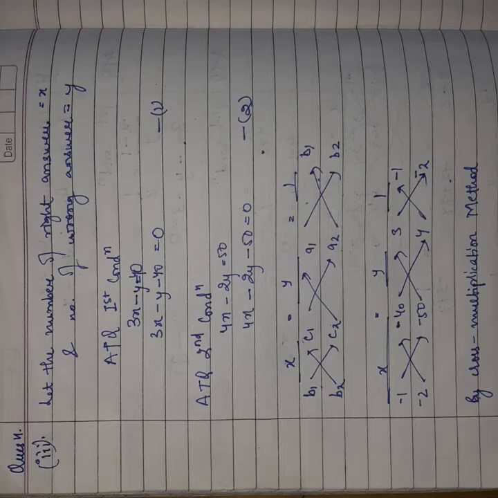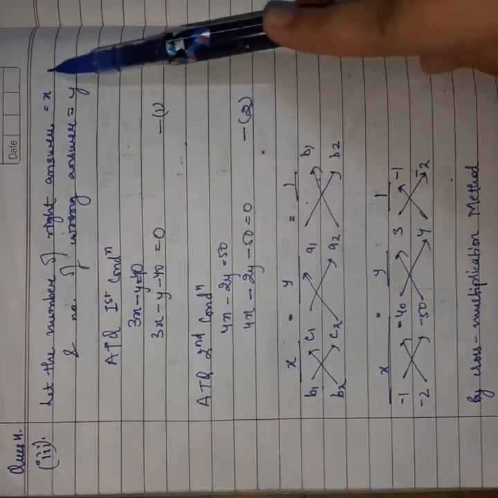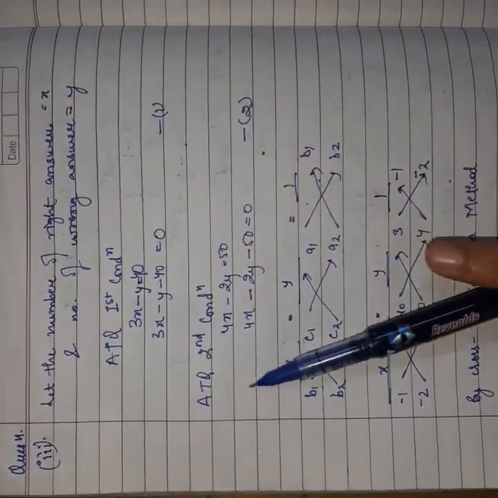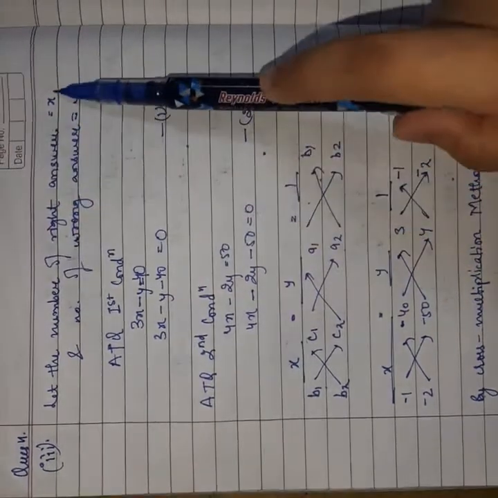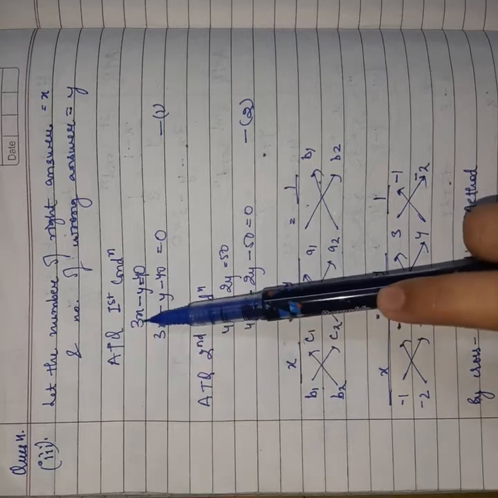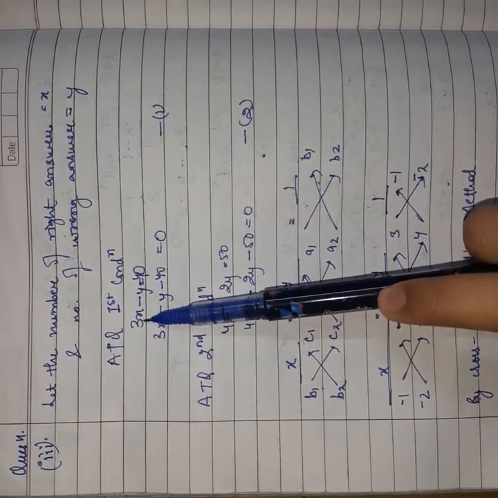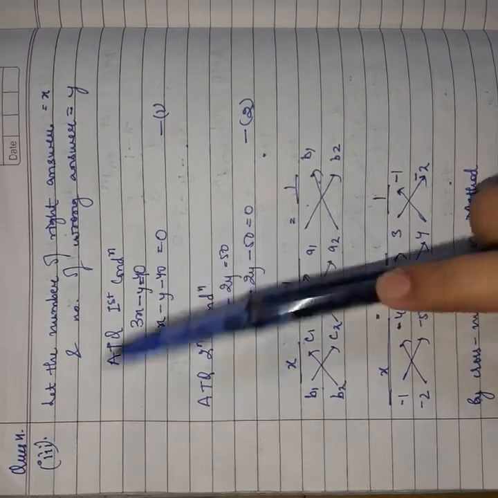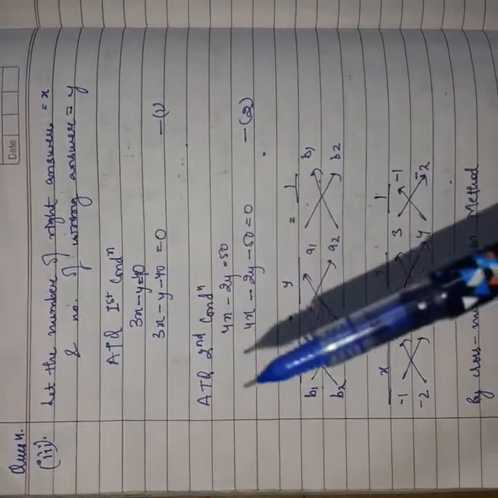So, we don't know how many questions were there in the test. So, I have let the number of right answers be x and the number of wrong answers be y. So according to the first condition, 3 marks are given for each right answer and 1 would have been deducted for each wrong answer. So there we had total 40.